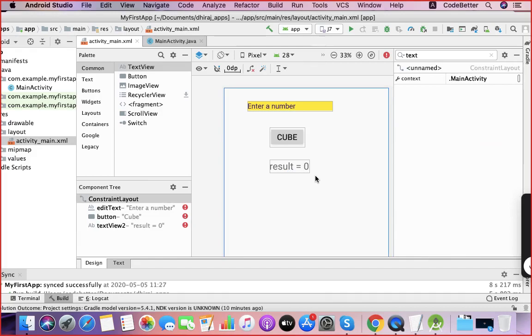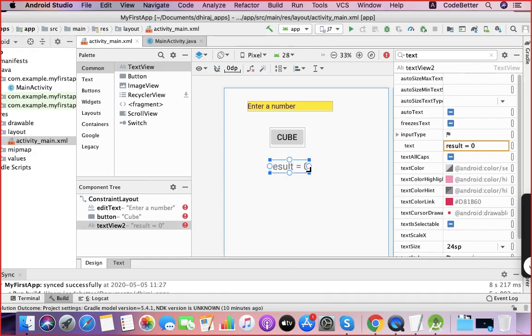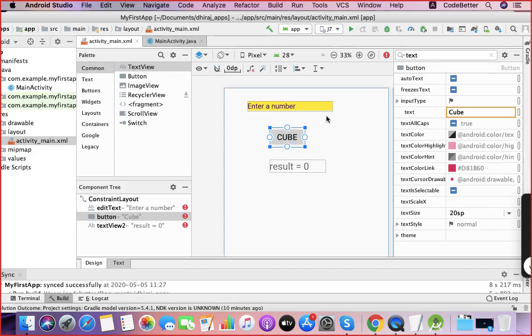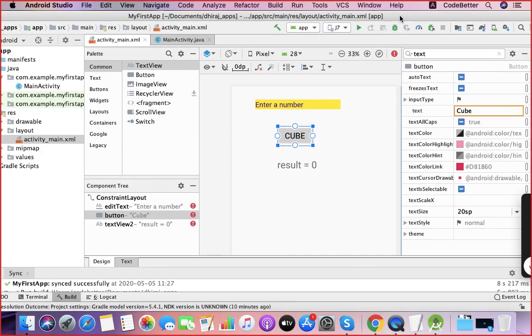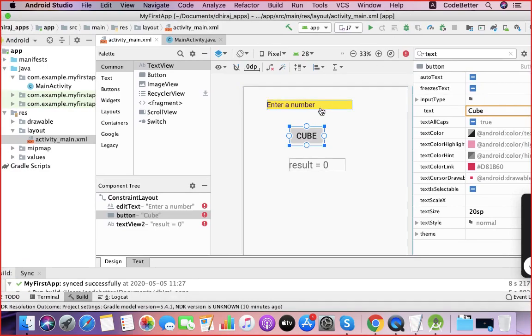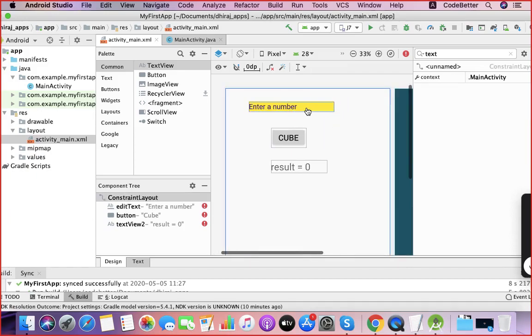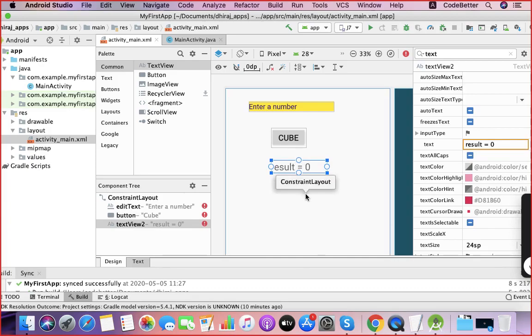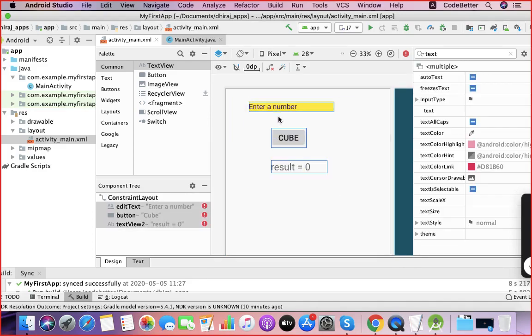Now this is the screen that we have created, a simple screen. Let's run this screen on the UI on the device, but to control this screen elements we need some code. If user types some number here, let's say 5, and clicks on cube, the cube of 5, that is 125, should be presented in the result section. So this scenario I want to execute, so I have to handle whatever user has entered here. I have to write some code to handle the content of this edit text.